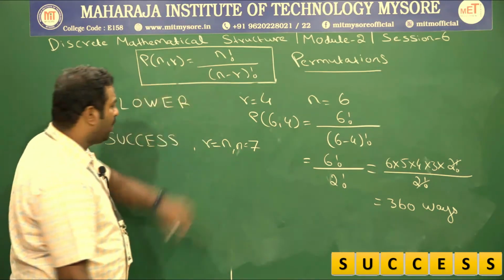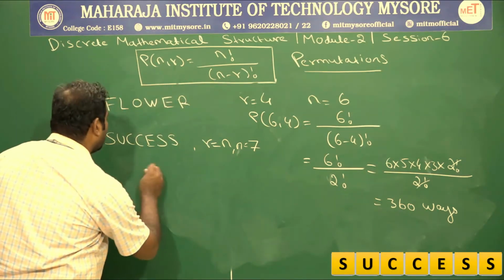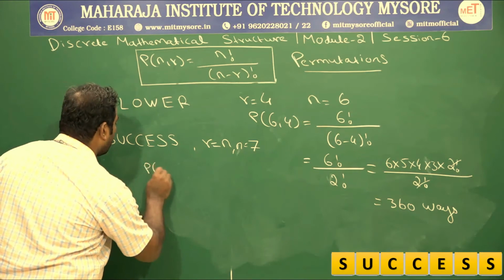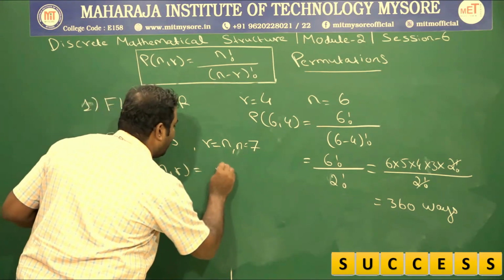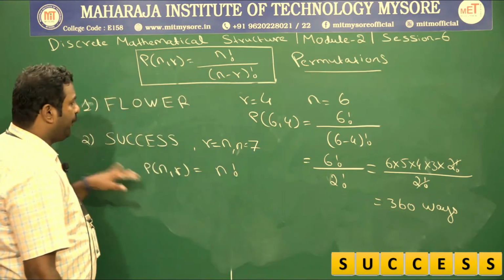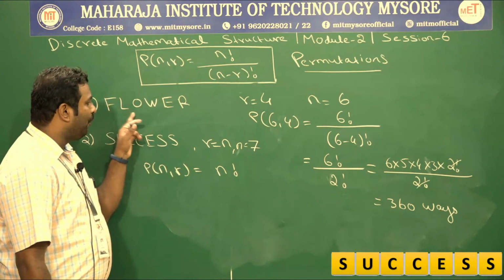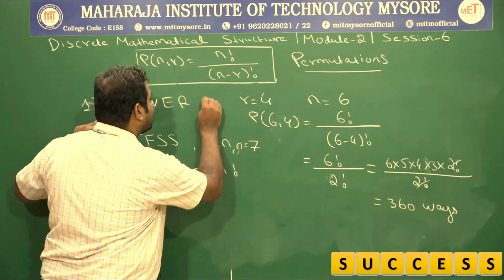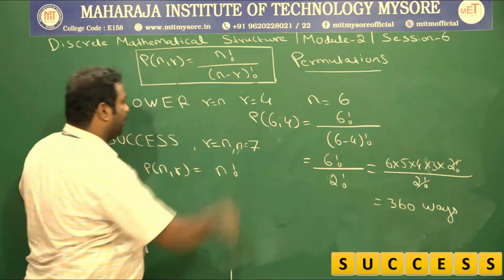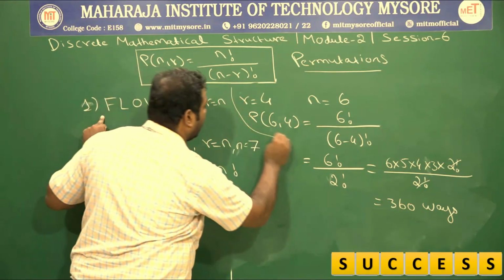For example, for this flower, if I would have said R equals N,